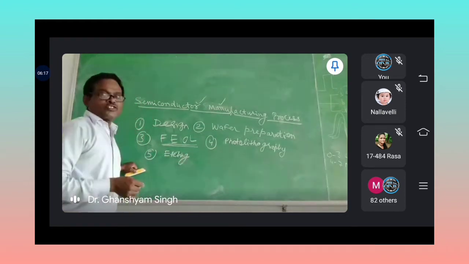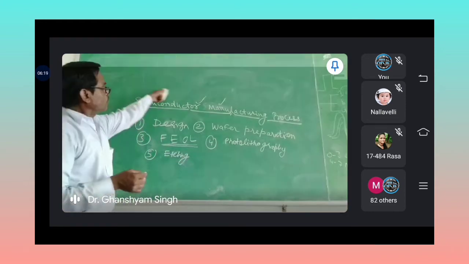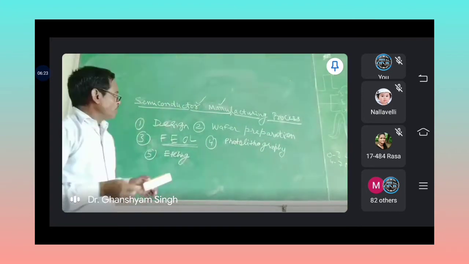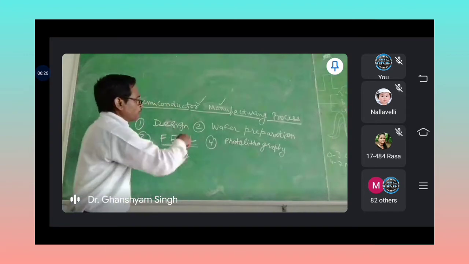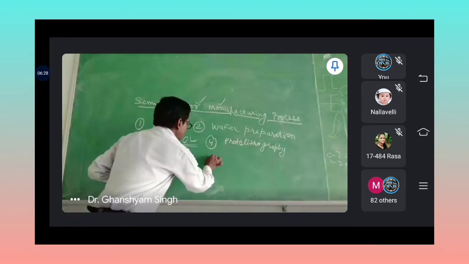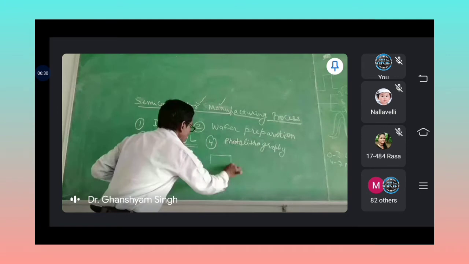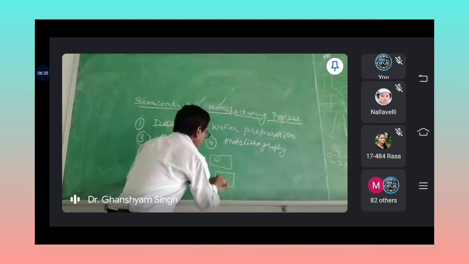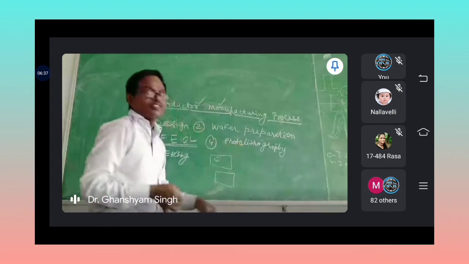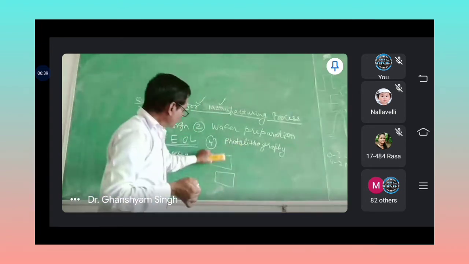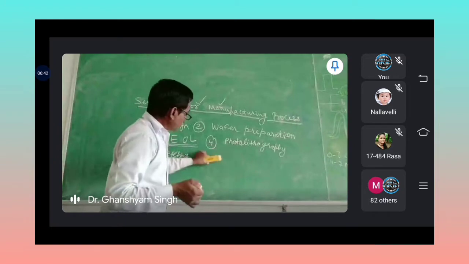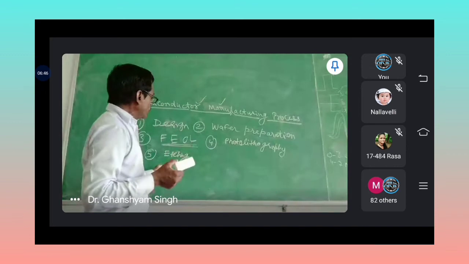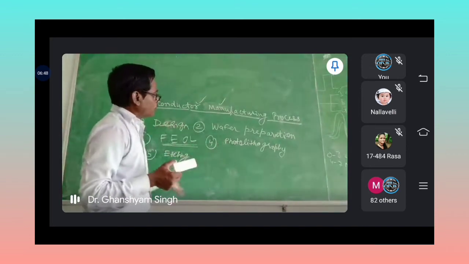Etching is the process of selective removal of regions or areas of a semiconductor, metal, or silicon dioxide. There are two types of etching. One is wet and second is dry. In wet etching, the wafers are immersed in a chemical solution at a predetermined temperature. In this process, the material to be etched is removed equally, or you can say uniformly.